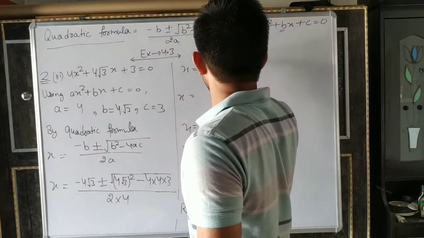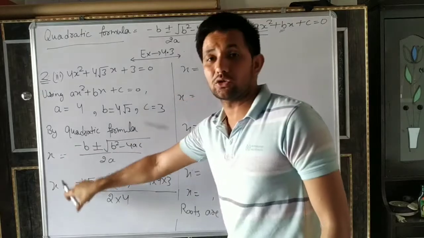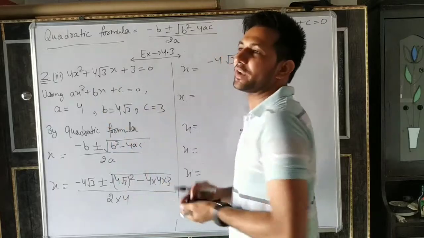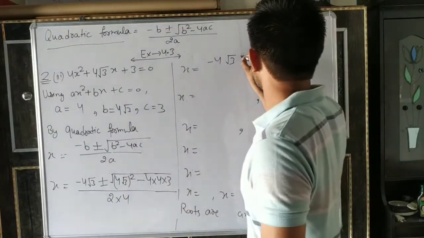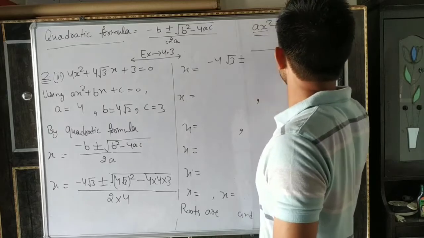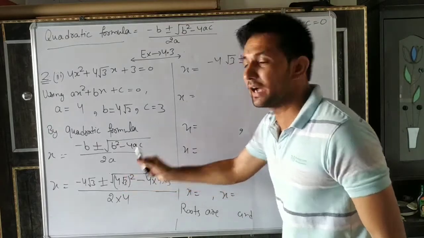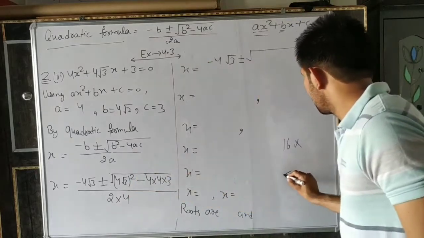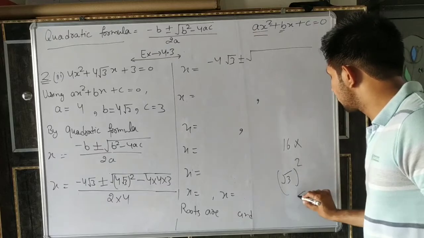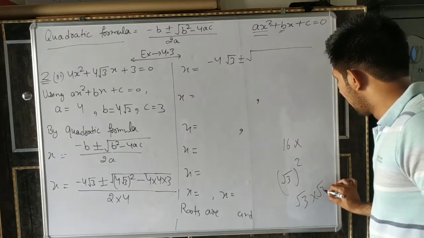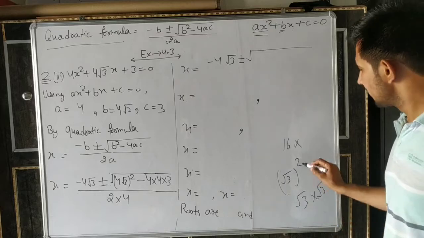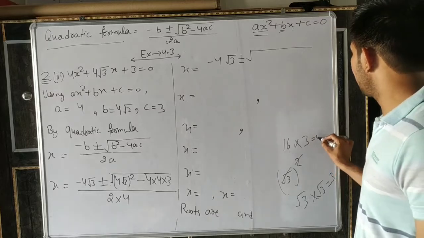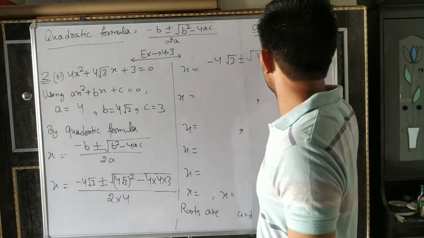We will use x also, because we are finding the value of roots. Roots mean the value we put in place of x that satisfies the equation. Plus minus under the root, 4 square is 16, and into root 3 square. Root 3 square means root 3 multiply root 3. How much? It is 3. Otherwise, square cancels the square root, how much? It is 3. So 16 into 3 is 48. So it is how much? 48.